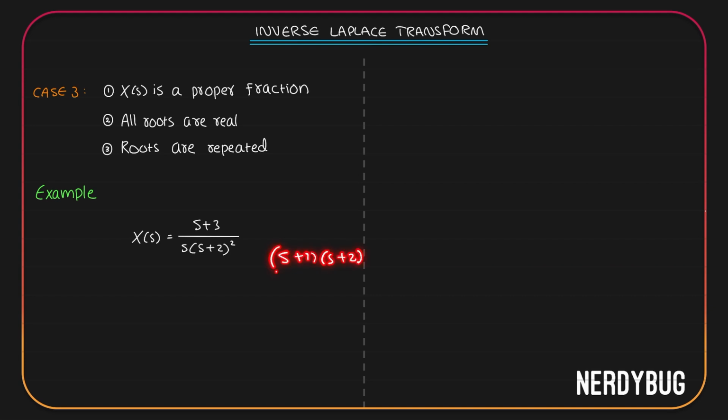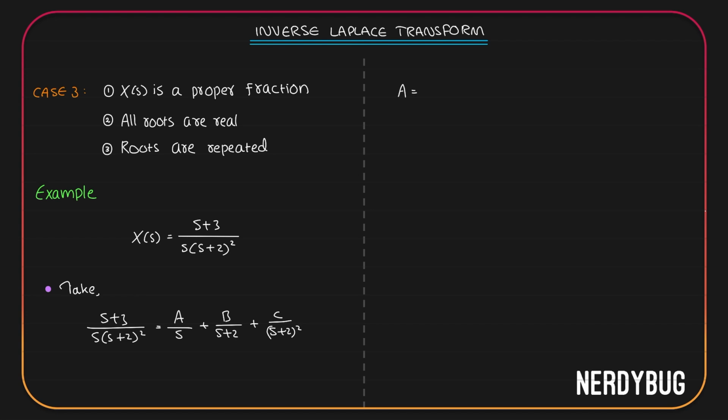So if s equals minus 2, this will become 0, this will also become 0. So we say at minus 2, we have 2 poles. To write this in the desired form, first we will take (s plus 3) divided by s into (s plus 2) whole square in this form: A divided by s plus B divided by (s plus 2) plus C divided by (s plus 2) whole square. We have to find out A, B and C.